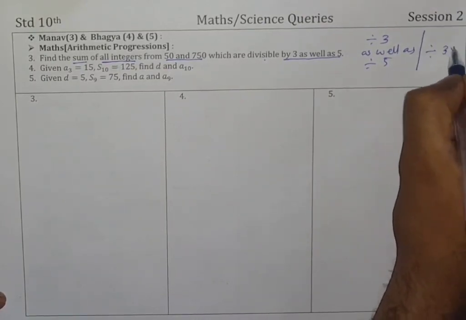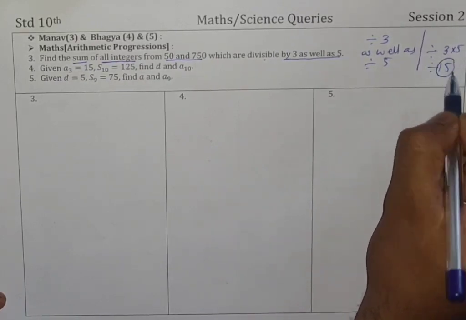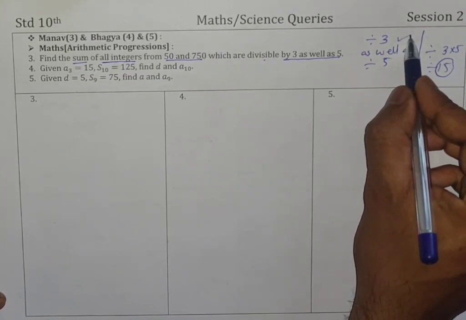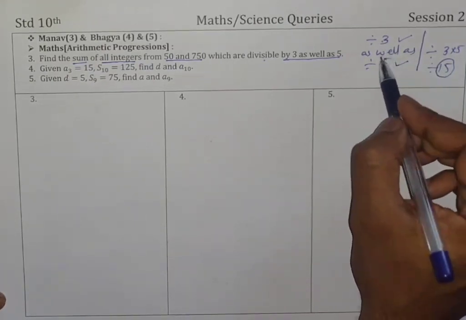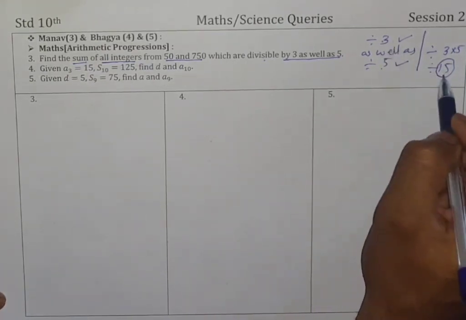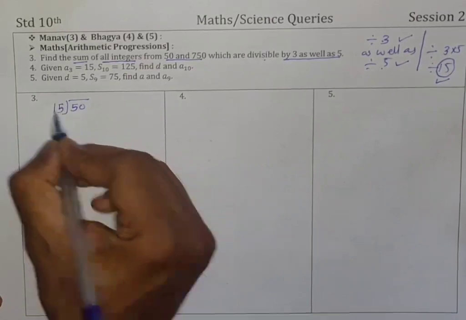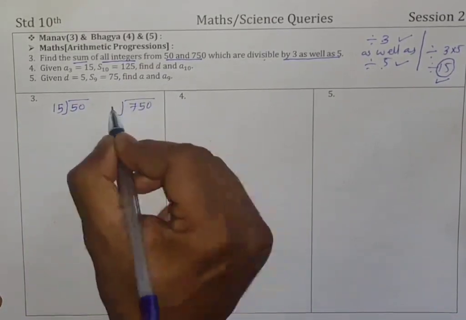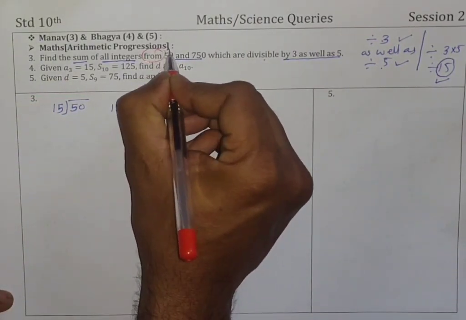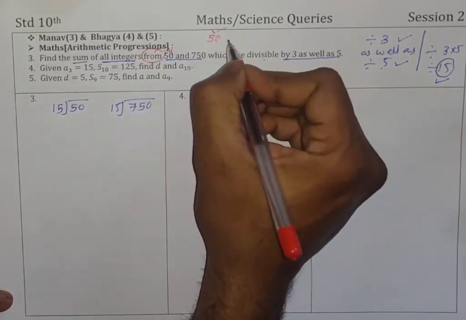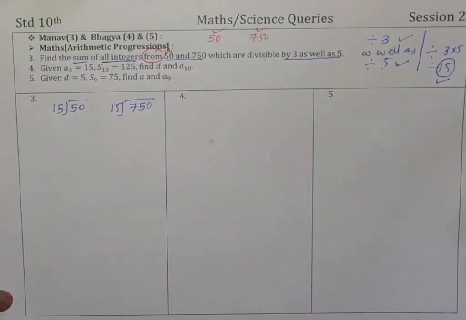Children, divisible by 3 as well as divisible by 5 means divisible by 3 multiplied by 5. So divisible by 15; any number which is divisible by 15 will be divisible by 3 as well as 5. Alright, पहले मैं 50 को डिवाइड बाय 15 कर लूं और 750 को डिवाइड बाय 15 कर लूं। एक और चीज, from 50 means you have to start with 50 and 750, मतलब 750 और 50 both are included।